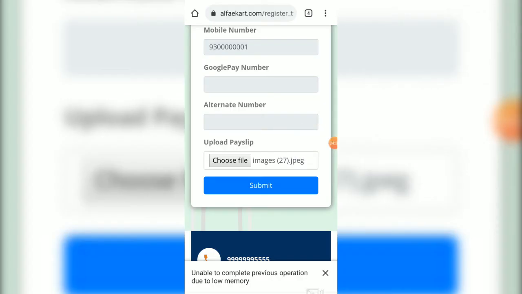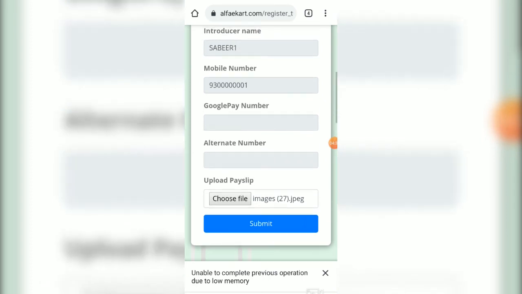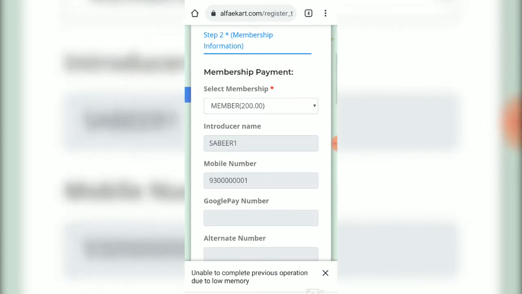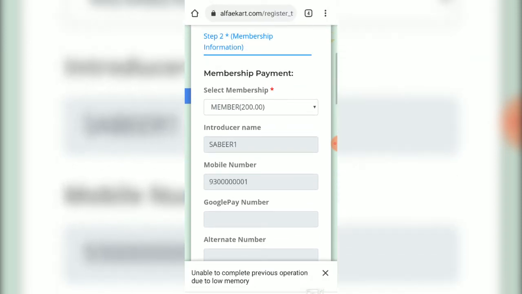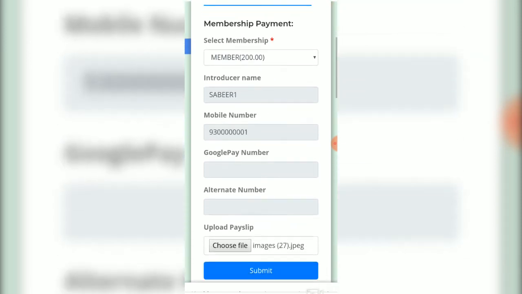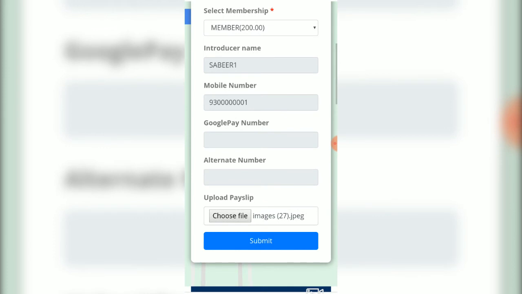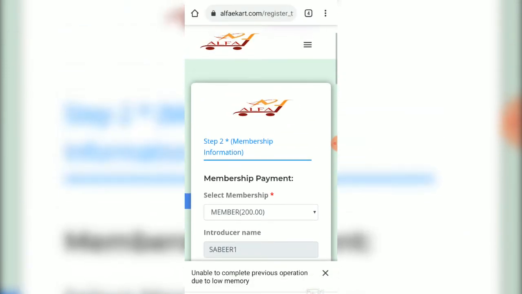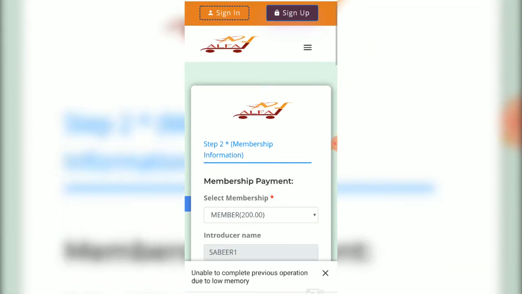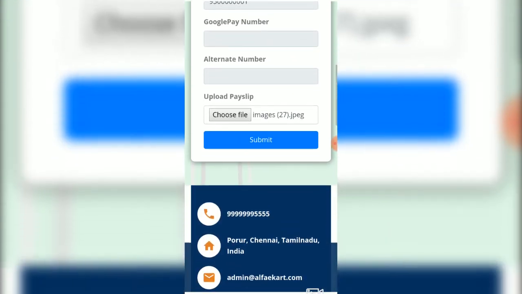To use this you should have already taken a screenshot, then only you can do that. I have chosen an image, and if I submit that, this information will go to the website, and also the membership information will go to this introducer name. Okay, this is the sign up procedure for new users.